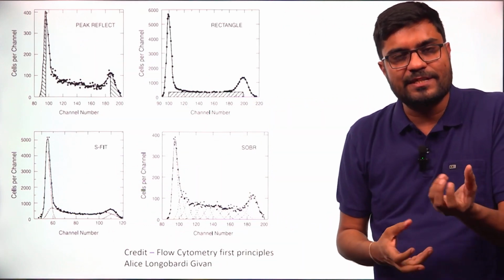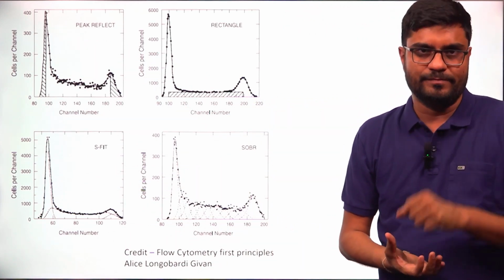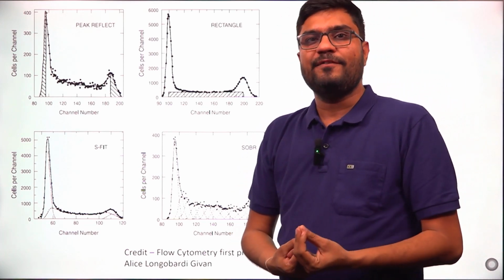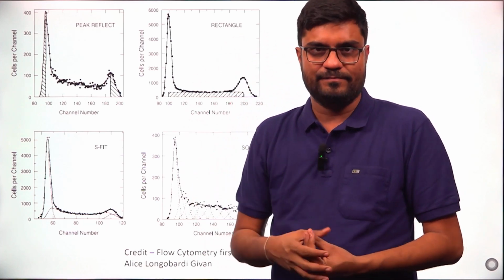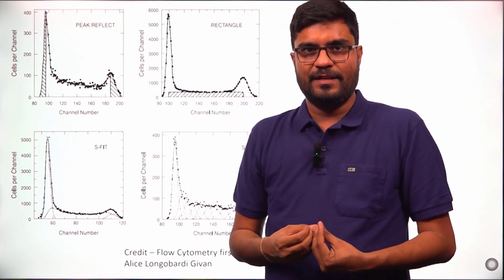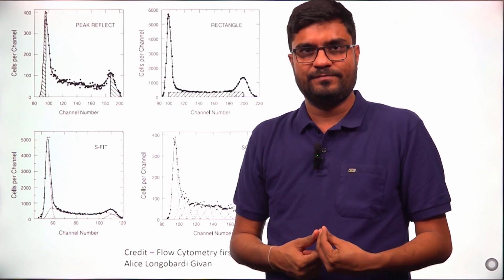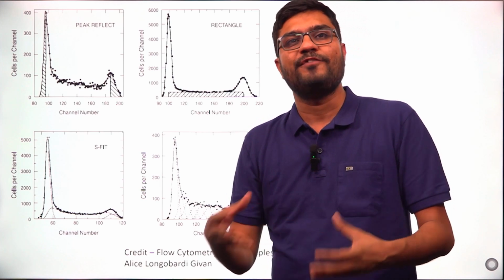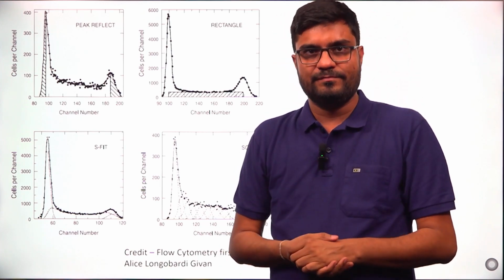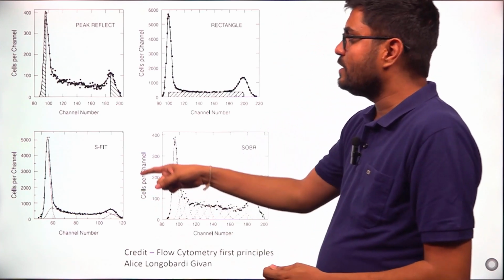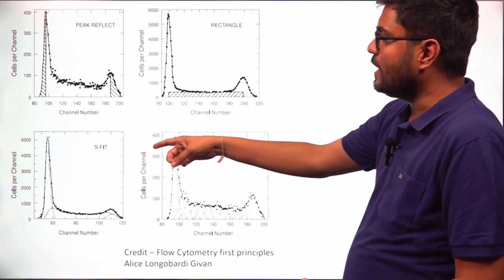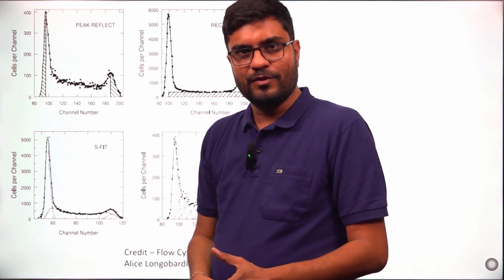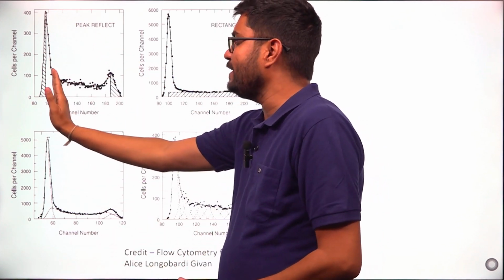So we have a statistical quantity which is called mode. What do you mean by mode? Mode means the parameter which has the highest frequency. So let's say in a class we have 50 students. Out of 50, 40 are wearing glasses. So the mode of wearing glasses is what? 40, right? So the model is calculating the mode of the G1 phase